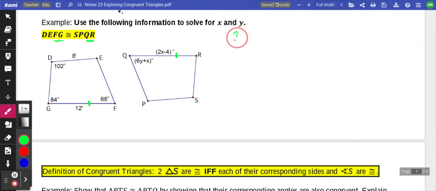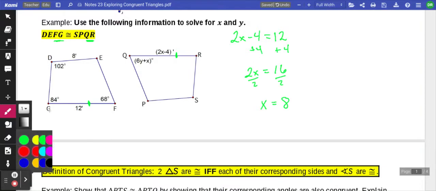And if we want to solve for that, it is as simple as saying that 2x minus 4 equals 12. And then we can solve pretty quickly there to figure out that x is going to equal 8. Similarly, for y, which is inside one of our angles, it's in angle Q. And so we just need to figure out which